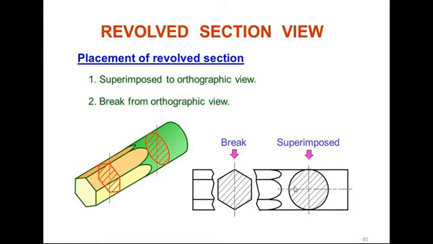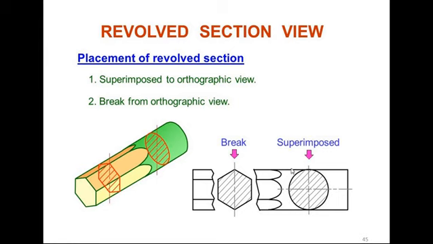So this is superimposed on this rectangular bar. So here it is a hexagon and this is circular. Just observing the front side, you will observe that this is a hexagon at this level, and this is a circular bar, and this is a hexagonal bar. So this is the use of a revolved section view when your object has two types of sections in only one bar. The front side is hexagonal and the back side is circular.